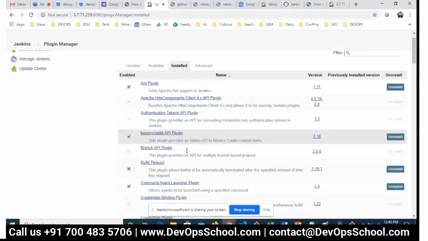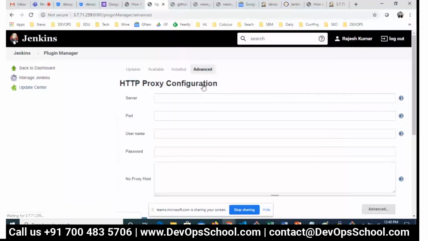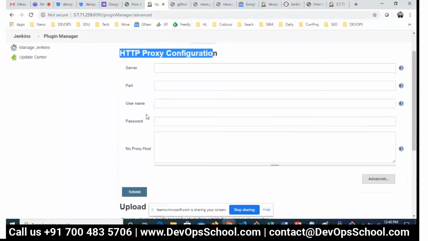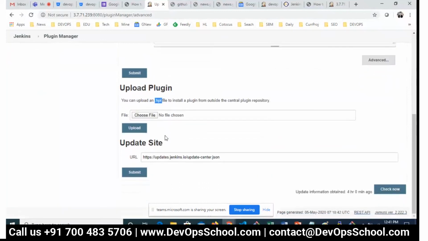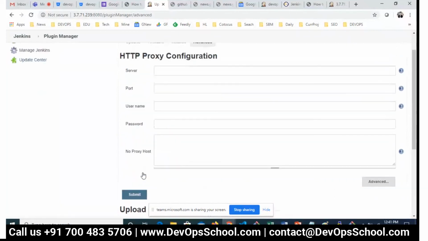Now what is advanced? In advanced, you have a few options. For example, if your Jenkins is running behind a firewall and proxies, you can set up internet proxies here. Also, if you develop your own plugins in Jenkins and you want to upload them, you can upload your plugins here. You can develop your own plugin, that's called HPI. It's a package format. HPI means Hudson Plugin Interface. So you can develop your own plugin also. And there's a plugin repository available for everyone, and you have used it just now unknowingly, from all the plugins coming from these API endpoints. So these are the options which you have.